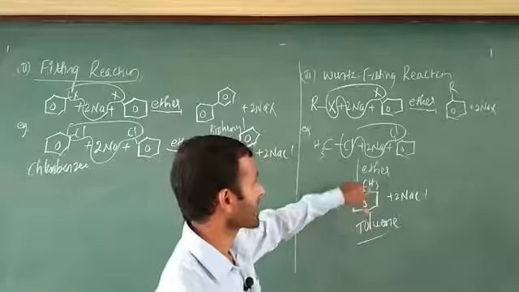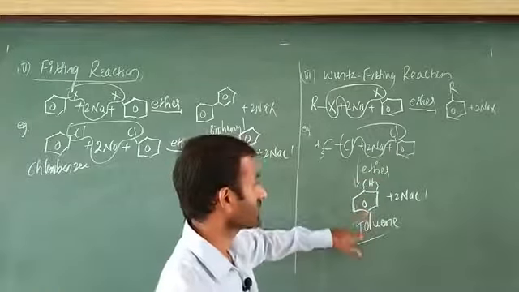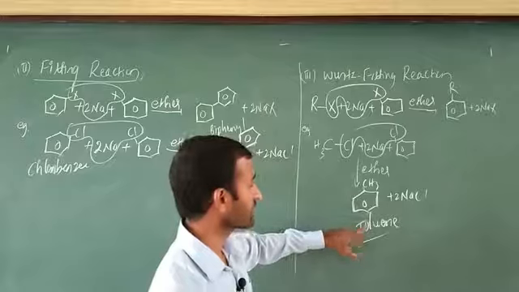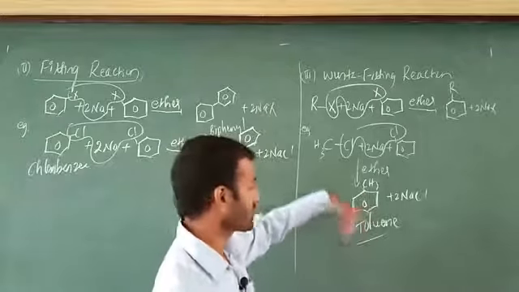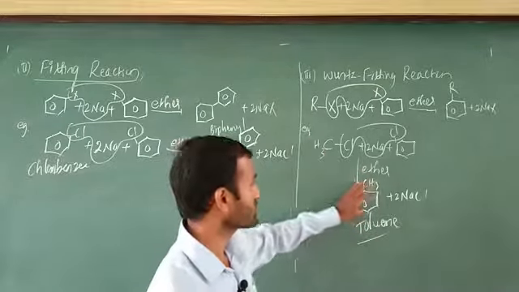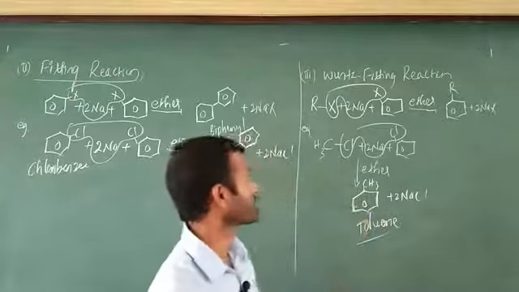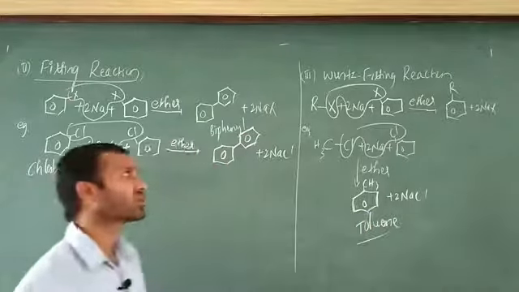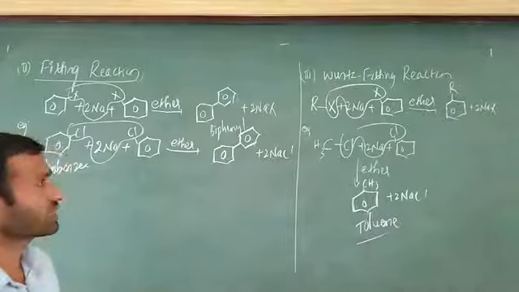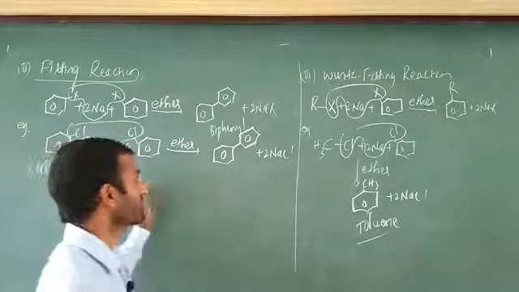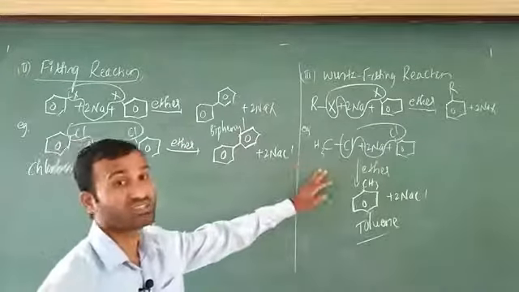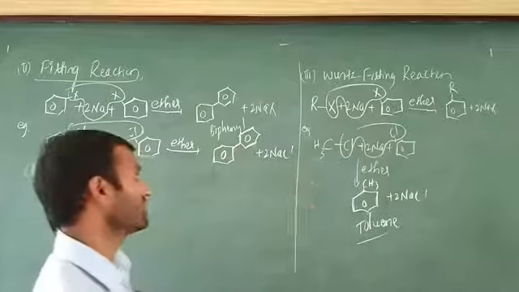CH3 means R is indicated as CH3. Methyl benzene is the common name, toluene is the IUPAC name. In general, toluene acts as the IUPAC name only. This is the most important, methyl benzene. Up to this is the Wurtz-Fittig reaction. Bear in mind, the important Wurtz reaction, this is a Fittig reaction. Next one is the Wurtz-Fittig reaction, the combination of Wurtz and Fittig.